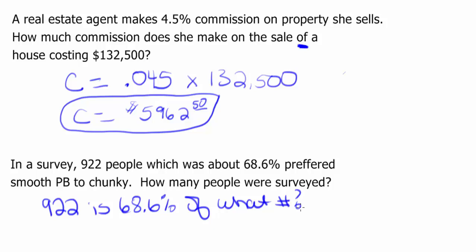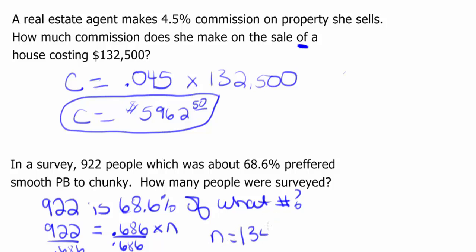So you have to figure that out by reading it. You're looking for the whole, so you go back to your chart and do something that looks like your chart. So to solve it, we take 922 is, so that's equals, move over the decimal, 0.686 of what number? Divide by 0.686, n equals about